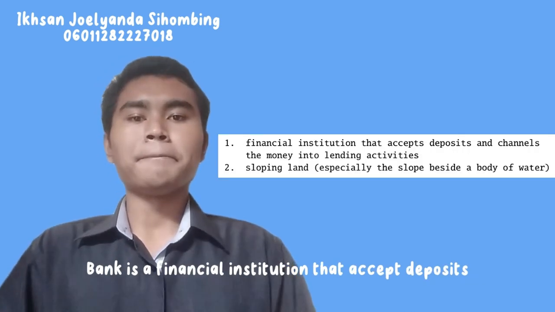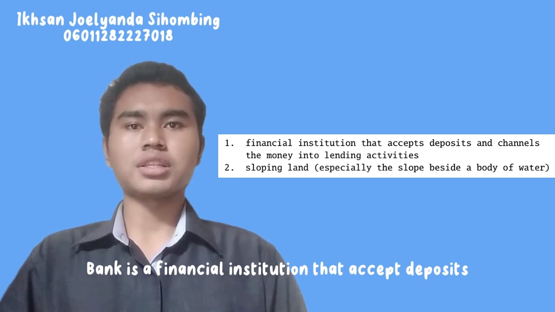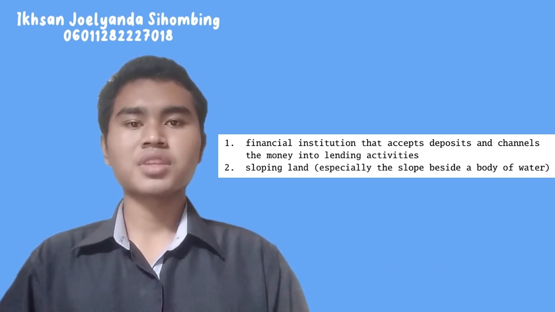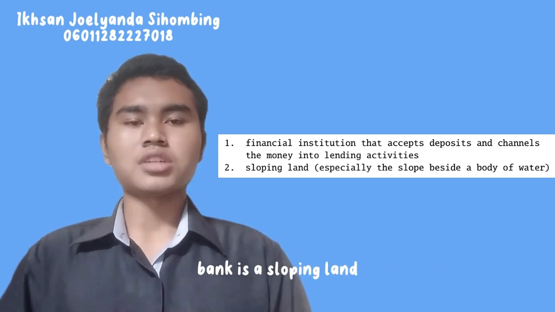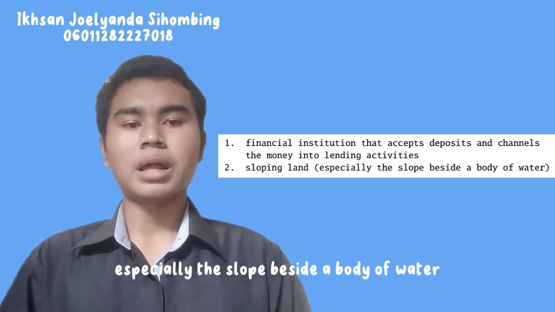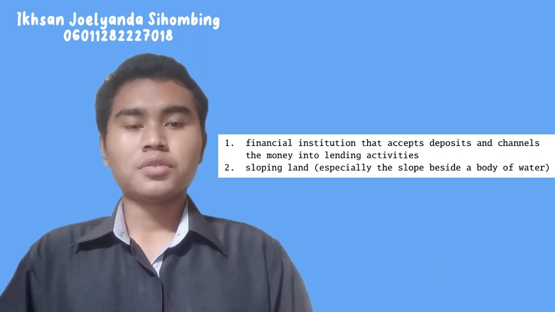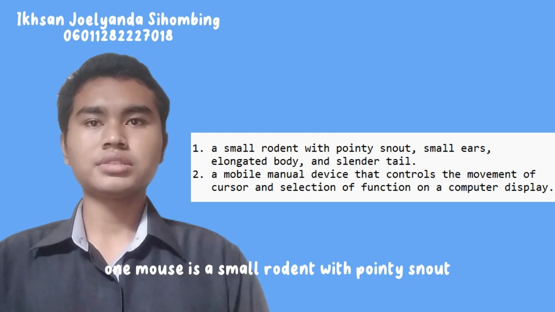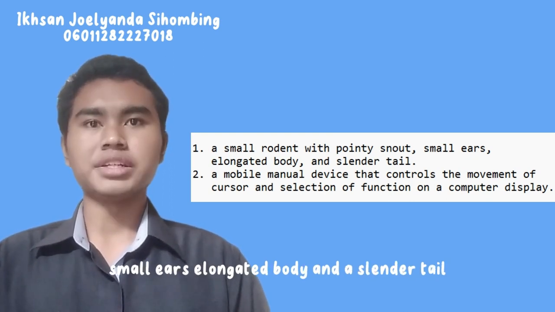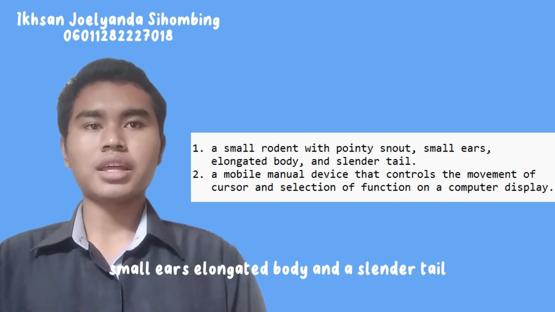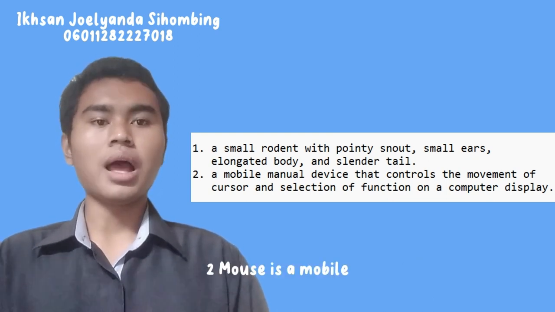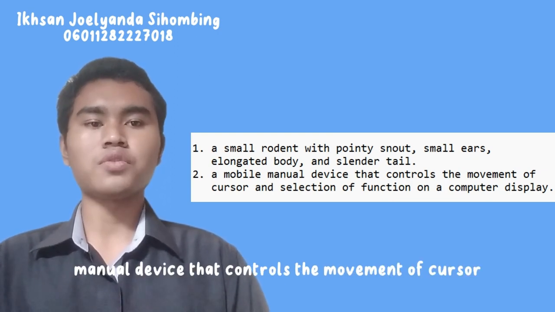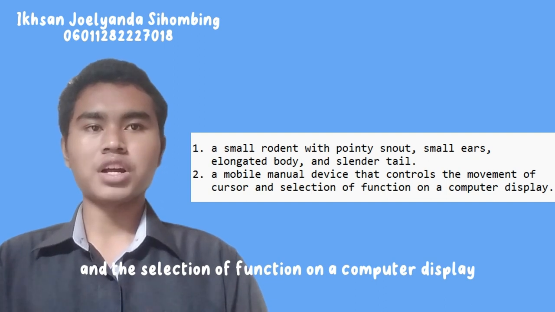1. Bank is a financial institution that accepts deposits and channels the money into lending activities. 2. Bank is a sloping land, especially the slope beside a body of water. For another example, there is the word mouse. 1. Mouse is a small rodent with pointy snout, small ears, elongated body, and a slender tail. 2. Mouse is a mobile manual device that controls the movement of cursor and the selection of function on a